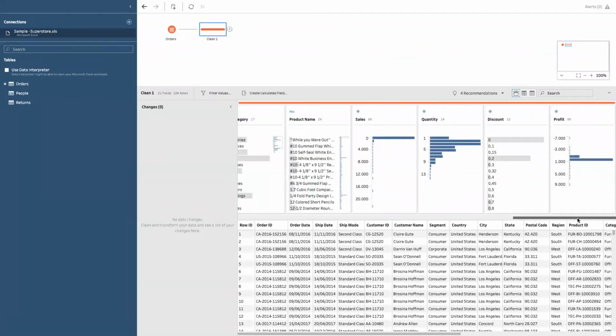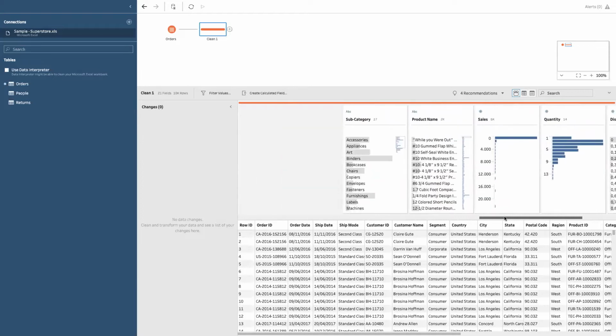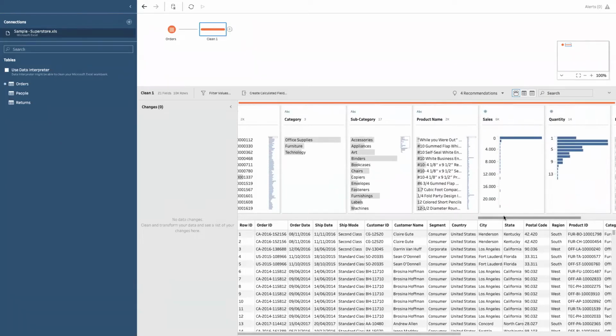But imagine that you want to join in some information. Typically, it's 2020, people order something online and they return it, for example. However, that information about whether something is returned or not resides in another data set. So in this case, I have this information about my orders which are being returned in a separate file, maybe even a separate database. I can drag on the returns tab,